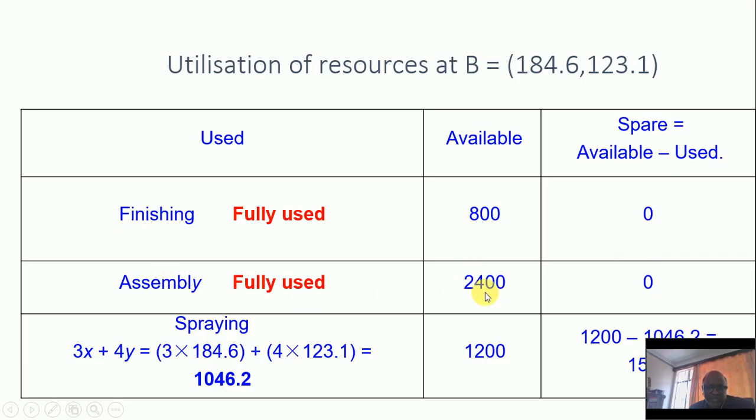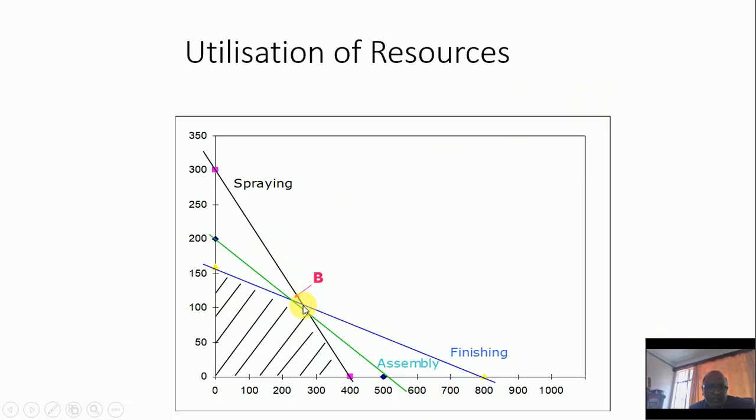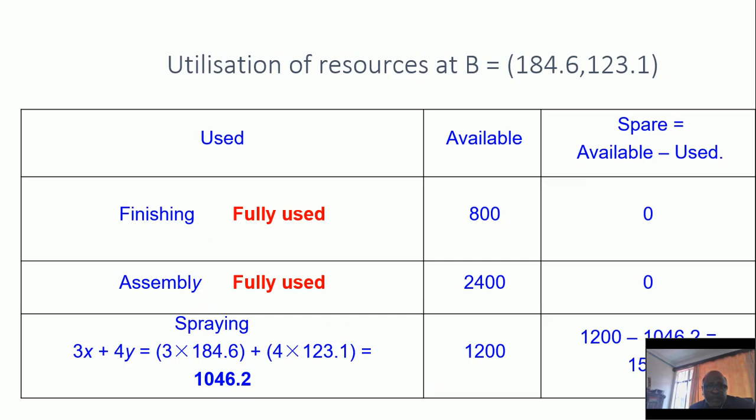Similarly for assembly, if you substitute these two coordinates in the assembly equation, you would get exactly 2400. But what if you substitute these two coordinates in the, look at this point of intersection here. This is between spraying and finishing. So if I put this coordinate in spraying, you would see that you get another value, which is in this case 1046.2. And if I move back, oh, it's here, the time allocated to me by my boss